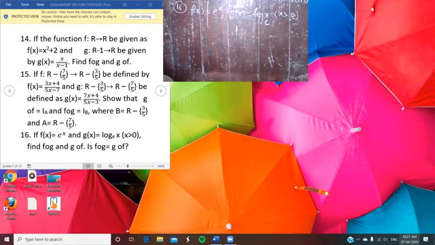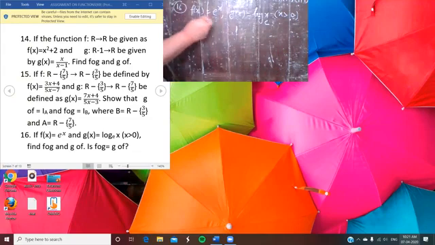Sometimes, not knowing the definition of when two functions are equal, students get confused writing the correct answer. Sometimes the values of gof and fog are the same, and if you only talk about the value, you say the values are equal so the functions are equal, and in that case students make it wrong. So you have to think about the domain as well as the value, both, not only the value. So let us try to solve all these things.